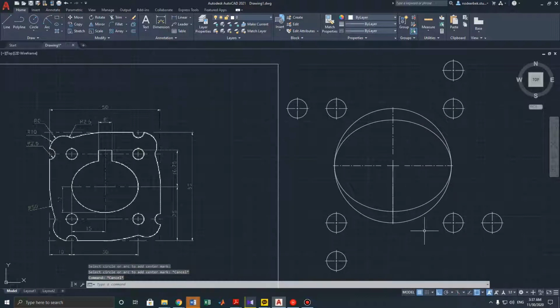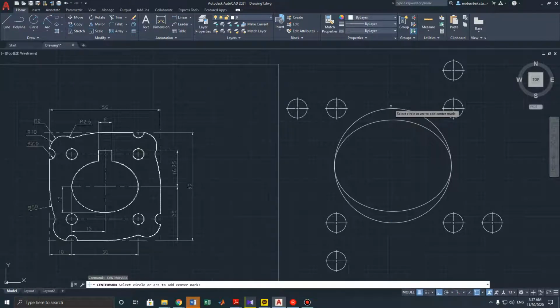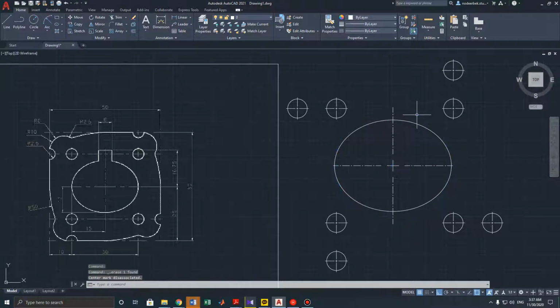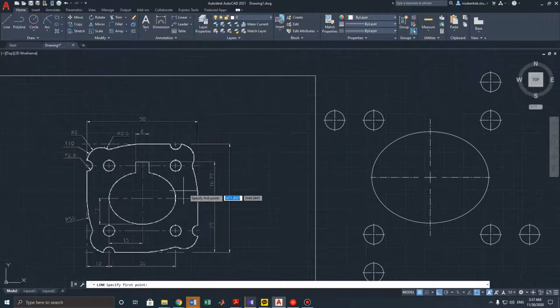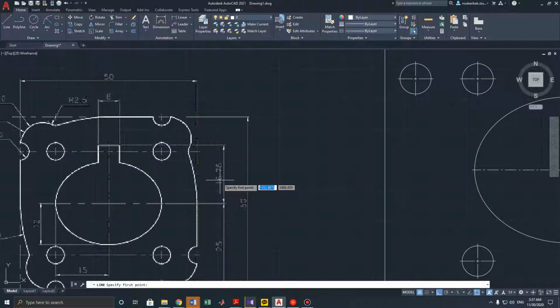After that, sorry, I will delete this line, it will be difficult to delete it later, so I will put center mark here, done. And then I will delete this unnecessary circle. After that, I will choose the line tool again. I will draw a line which is